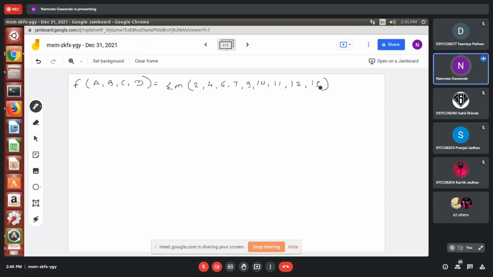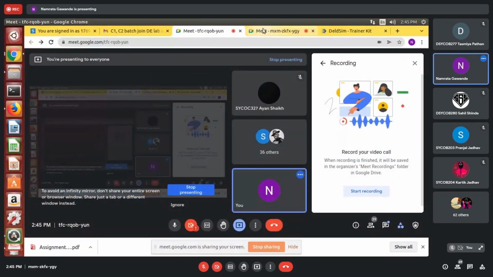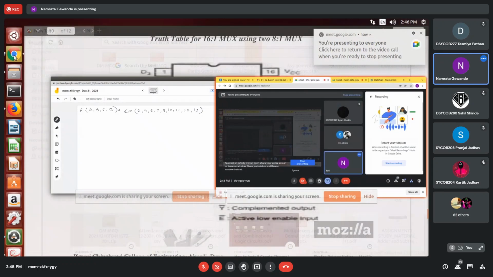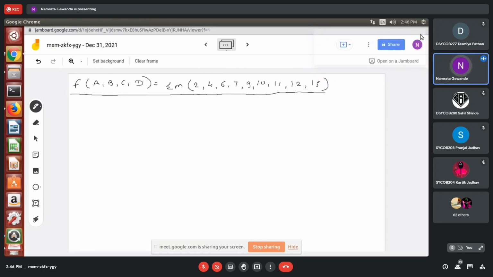Suppose this is the expression now. For this expression, here you can see, can you tell me which type of multiplexer is required here? 16:1, right?